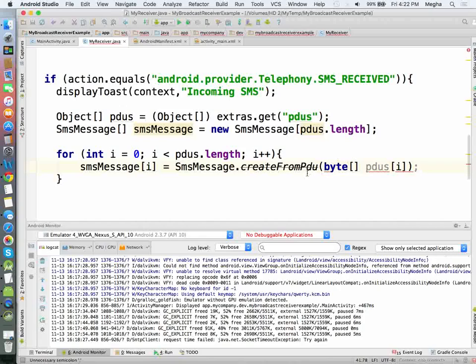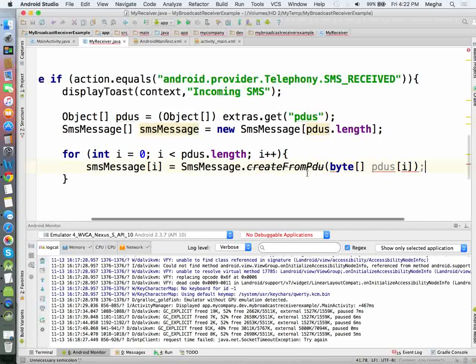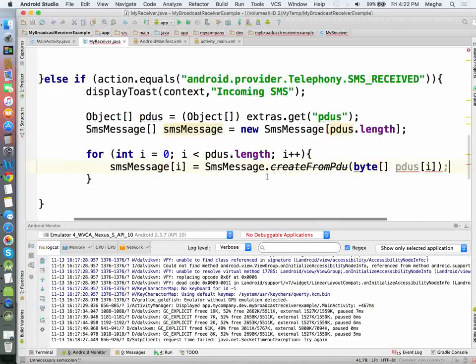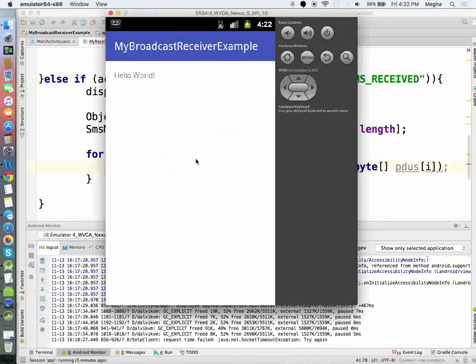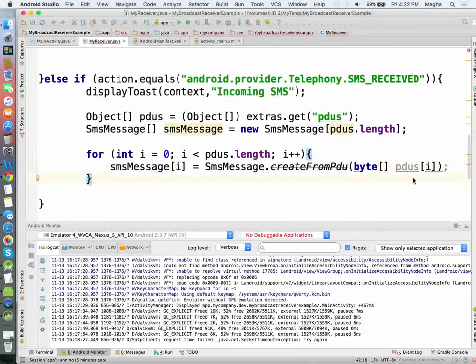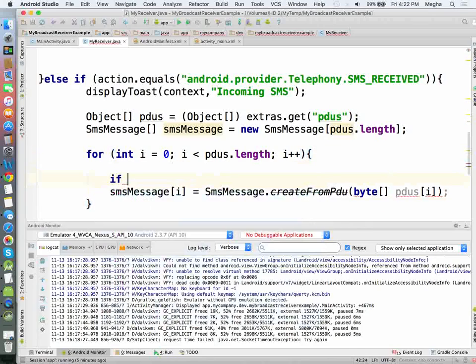One more argument is there, but the problem is these guys would have added the compatibility only for prior versions. I mean, a new version, older version will still be taking it. I tested it because I purposefully opened a lower end emulator. The lower end emulator only works with this format, whereas the higher one works with a different format. You may encounter version specific support. Certain features will be there for a specific version, certain features may not be there. To identify that, or probably to add a condition,